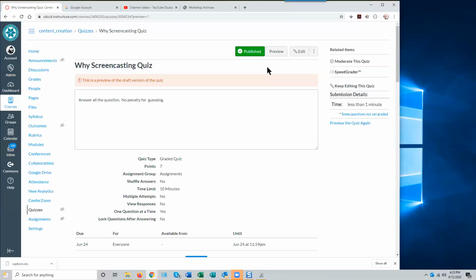With Canvas, you don't have to worry about that. Canvas has never lost a test for anybody. It's very reliable in that regard. So